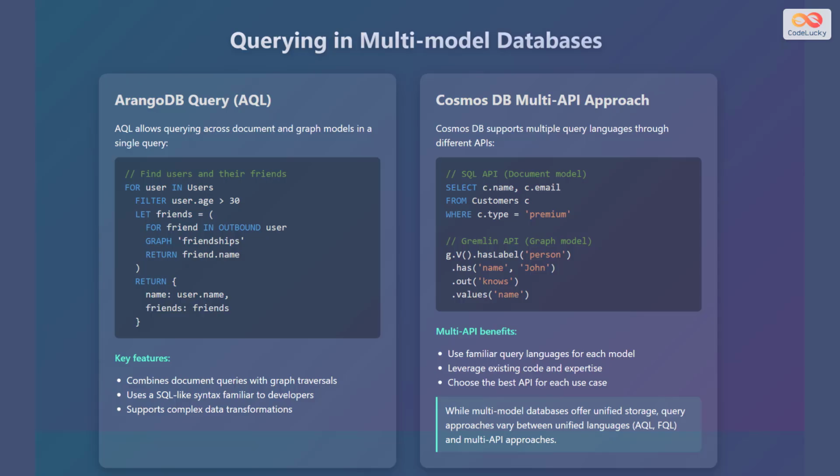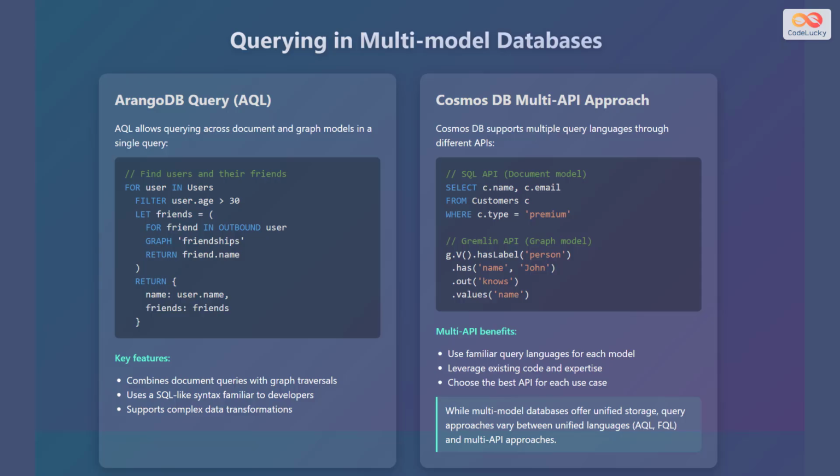/find users and their friends, /keyword for user and users, /keyword filter user age greater than 30, /keyword let friends equals opening parenthesis, /keyword for friend and outbound user graph friendships, /keyword return friend.name, closing parenthesis, /keyword return opening curly brace name user.name, friends closing curly brace. Key features include combining document queries with graph traversals, using a SQL-like syntax familiar to developers, and supporting complex data